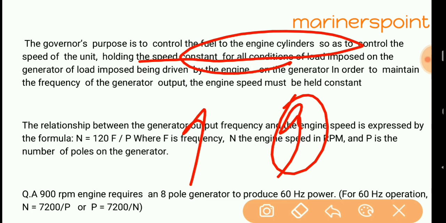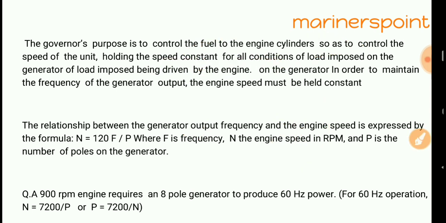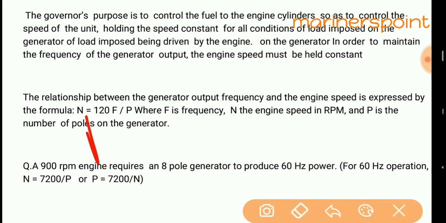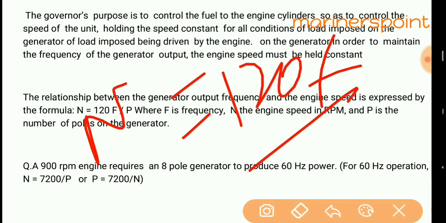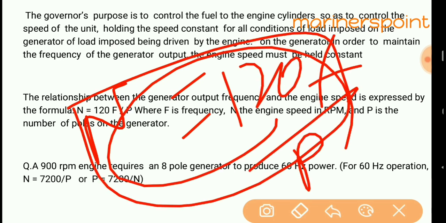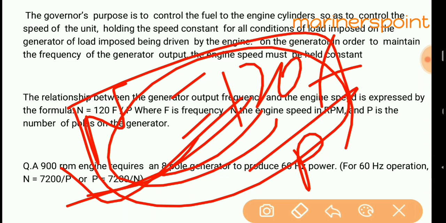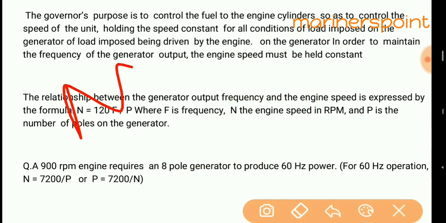Now come to the relation between frequency and RPM of any generator. You have to remember this, because in electrical problems it is very important. Sometimes you have to calculate RPM, sometimes frequency, not only for speed droop. In another problem, for example a three generator problem, one parameter may be missing, either RPM or frequency. So this will help you to find it. The relation you have to remember.